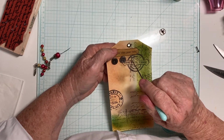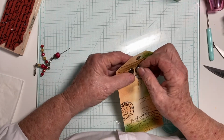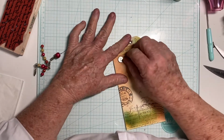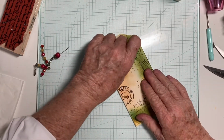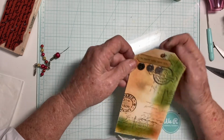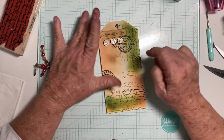And last one over here. And that's a 5. Okay. Turn that a little bit. Turn this a little bit. Okay. Good to go. Next, I want to put a little piece of a tag here, or a piece of